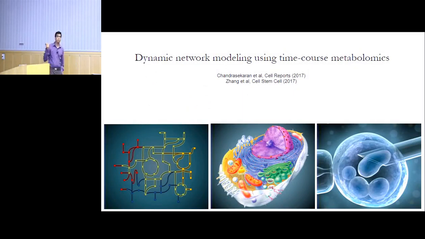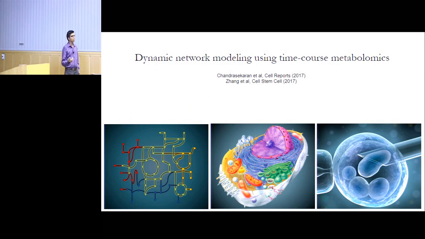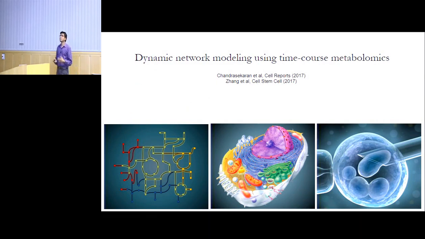So let's talk about integrating metabolomics data with these models because it's the most intuitive. We usually develop new methods for combining metabolomics data with these models. Traditionally, when people measure metabolomics of a system, they would use the presence of a metabolite as additional evidence supporting the presence of a reaction or an enzyme. What we have developed is a new method that can extract more information from metabolomics data. We can not only say whether a reaction is present or not, but we can also say how active a reaction is compared to another system.